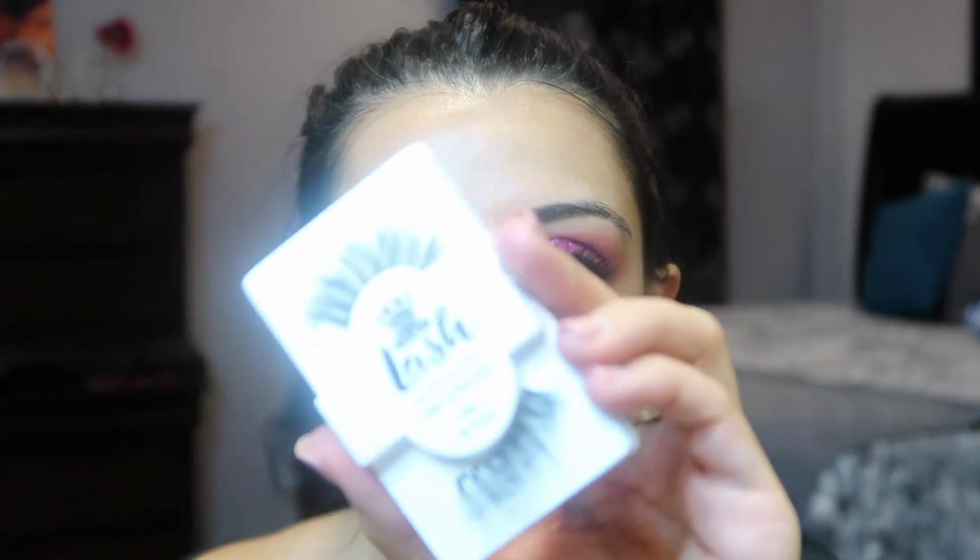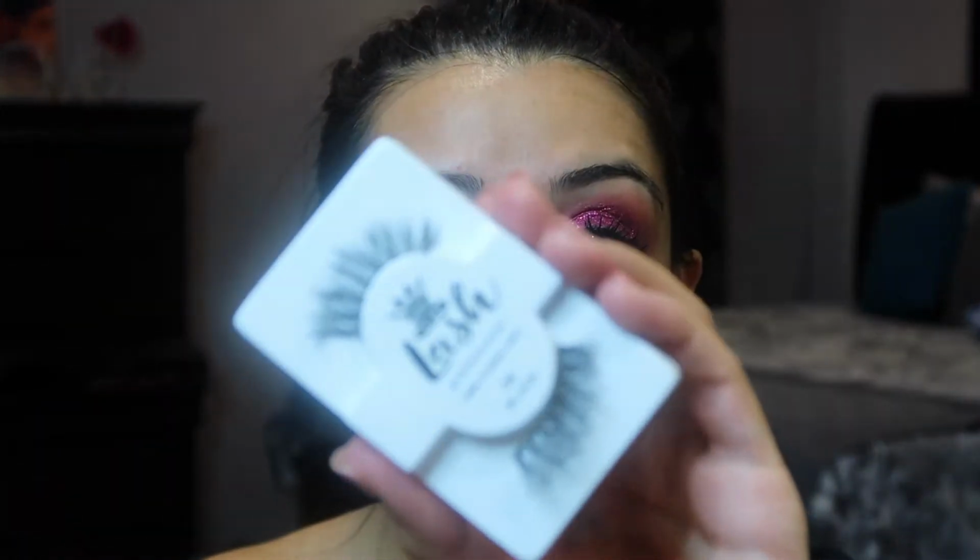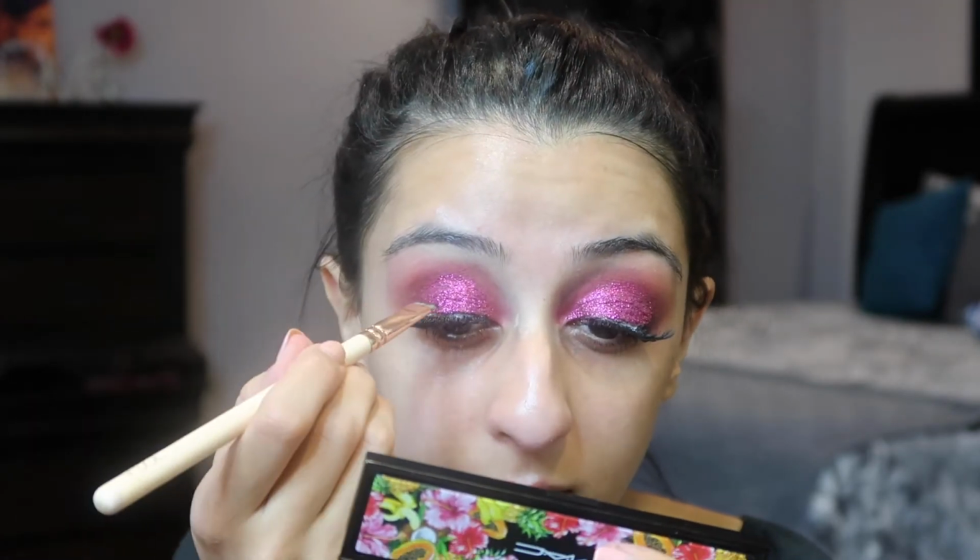So next I'm going to put on my lashes. I'm going to use these ones. They're just ones that I ordered from Amazon. So once the lashes are dry, we're going to do the same thing we did earlier with the brown eyeshadow or a black eyeshadow. Just go over the binding of the lashes so that everything is seamless